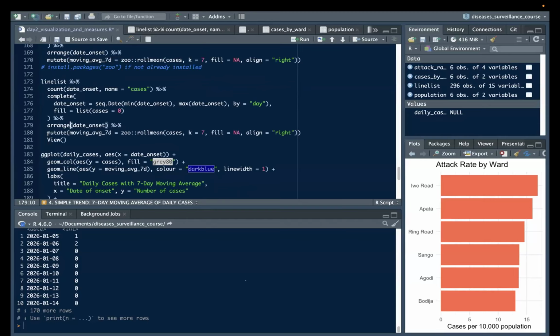So we are creating a new variable called moving average. And this is the function you use, rolling mean. You use roll mean, by what? By cases. Is your cases that you are actually interested in. What's your moving average value? 7. Then those other ones, would you want to fill any value for the missing observations? No. You put NA. So that means missing observations will have NA. Then you align it by the right. It's going to show by the right. So once we run this,